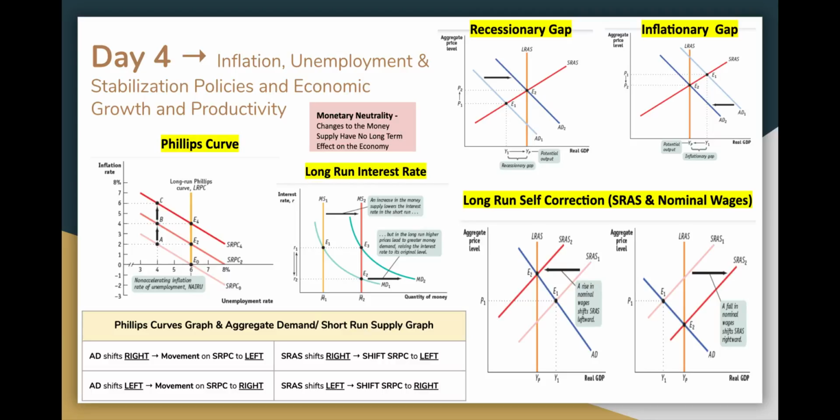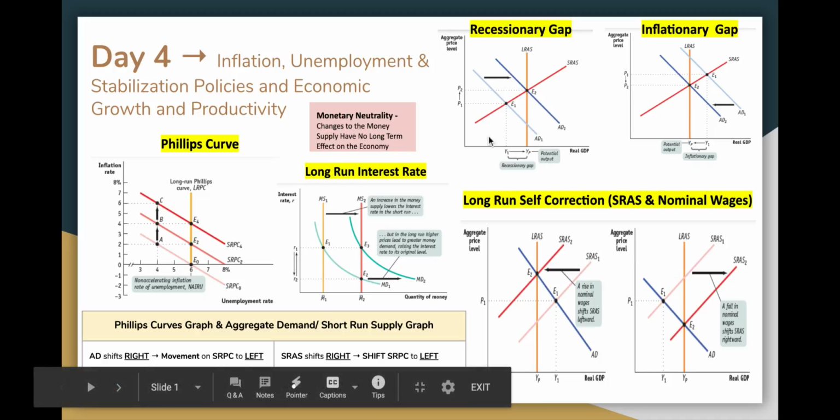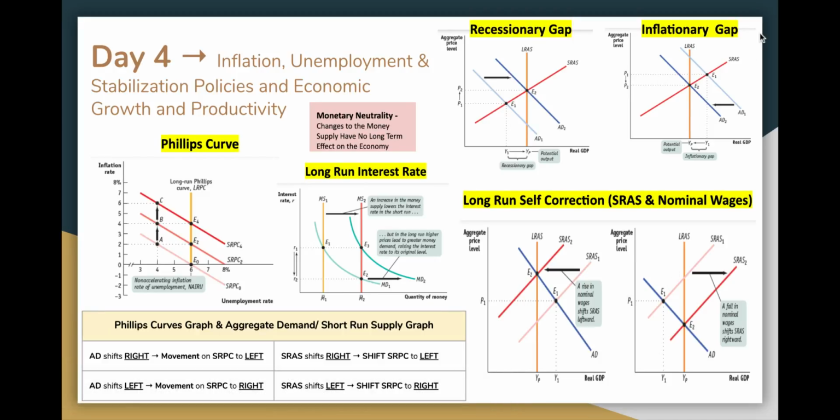And one of the big questions that people have about the economy is, okay, you can do fiscal policy, but it has consequences. You can do monetary policy, but it has consequences. What if you do nothing? What if you're dealing with a recession and you do nothing? What if you're dealing with an inflation and you do nothing? And the answer is that in the long run, the economy will self correct. And we see it self correcting on the bottom right hand part of your screen.